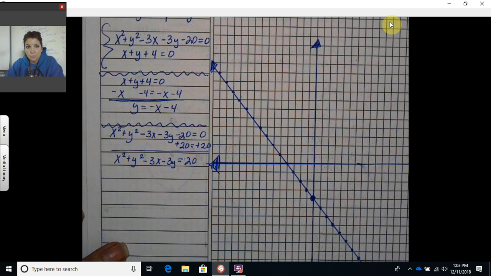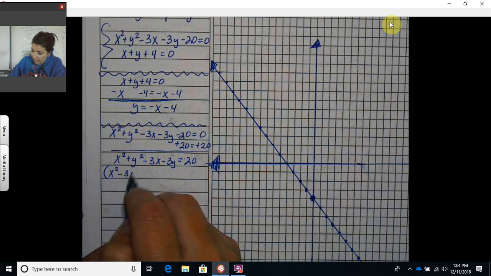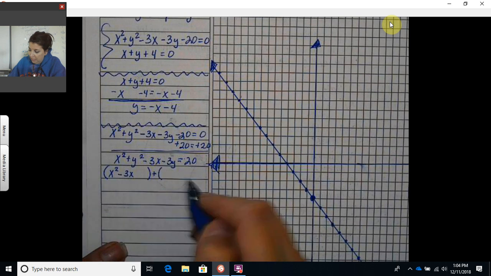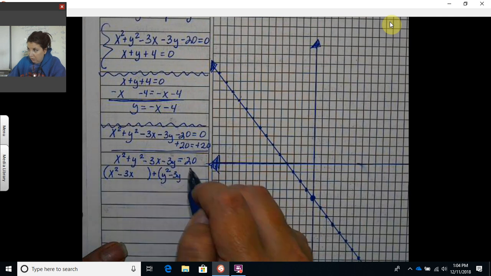And then I'm going to have 2 sets of parentheses with a plus sign in the middle. The first set of parentheses, I'm going to group my x terms together. And the second set, I'm going to group my y terms together. So in the first set, I have x squared minus 3x. And I'm going to be completing the square, so I'm going to have some number to put there. Plus. And the next one, I'll put my y terms together in standard form. So y squared minus 3y. I'm going to leave myself a space to remember I'm going to be finding a number to go there,